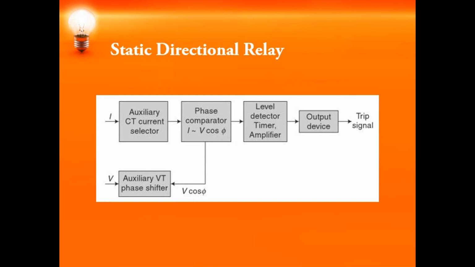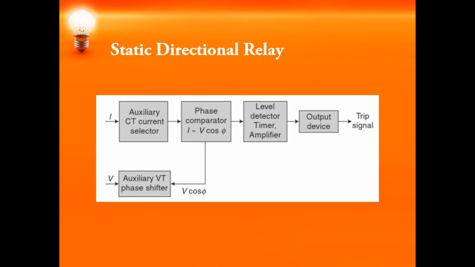In these directional type relays, you have a directional unit. This directional unit is nothing but a comparator which will compare the angle difference between the voltage and the current. If the phase difference between the voltage and the current exceeds a certain predetermined value and the current is also above the pickup level, then the directional overcurrent relay will operate.